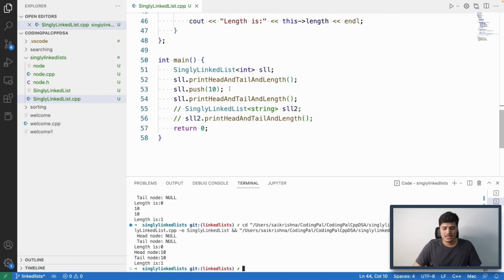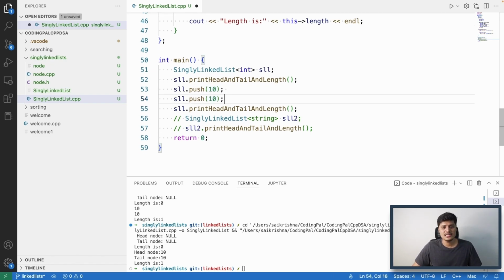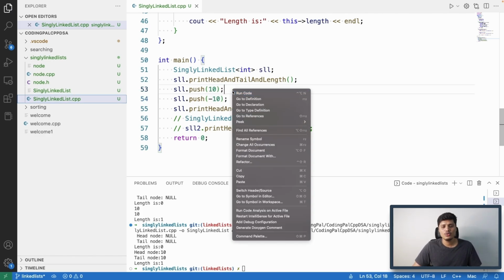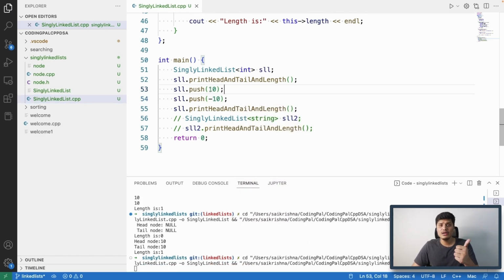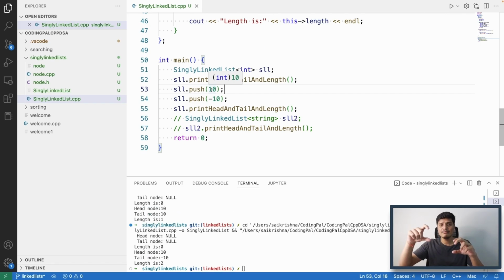Now let's just add one more value into the singly linked list. Let's just say this time I want to add -10. So if I execute this now, head should be 10, and after 10 we are adding -10, right? So -10 is the last node, which is nothing but the tail node. So that is what we should see on the log as well. So if you see here, head node is at 10, which is the first node that we have added first, and the tail node is -10,